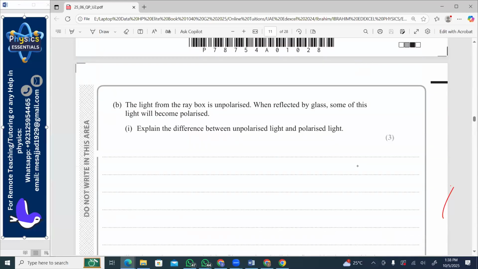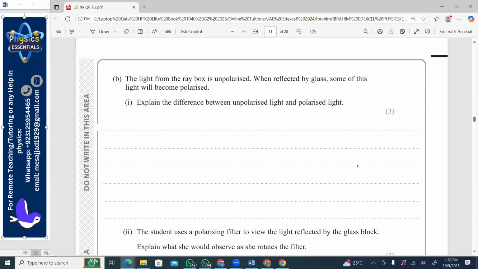Okay, B part. The light from the ray box is unpolarized. When reflected by the glass, some of this light will become polarized. Okay, explain the difference between unpolarized light and the polarized light. Well, the unpolarized light travels in all directions or all planes. You just write